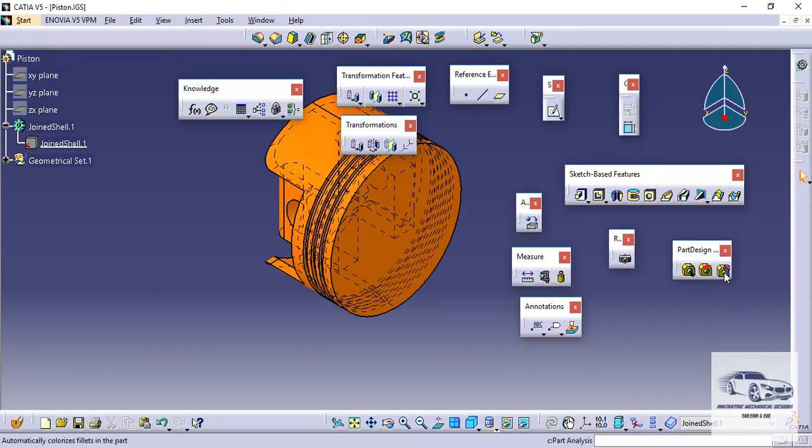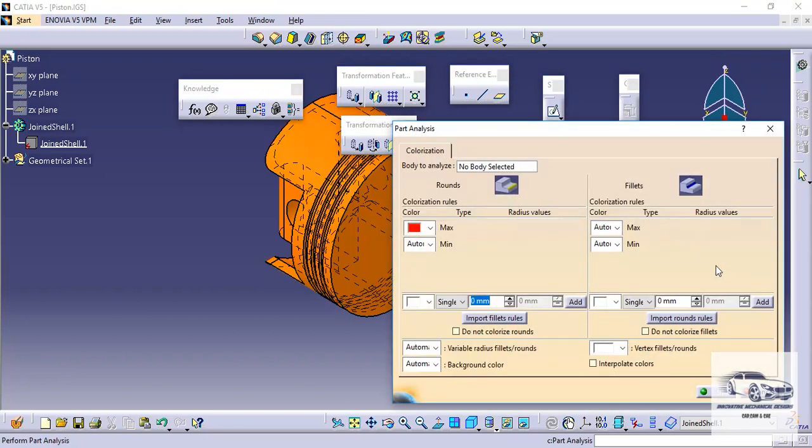The first tool we will look at is the part analysis tool. This tool is very helpful for recognizing fillets and rounds present in our imported part or geometry. So we will go to the part analysis tool.